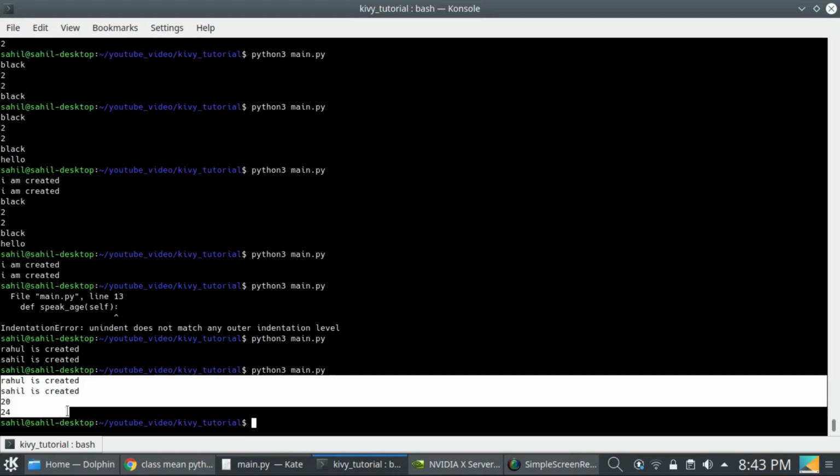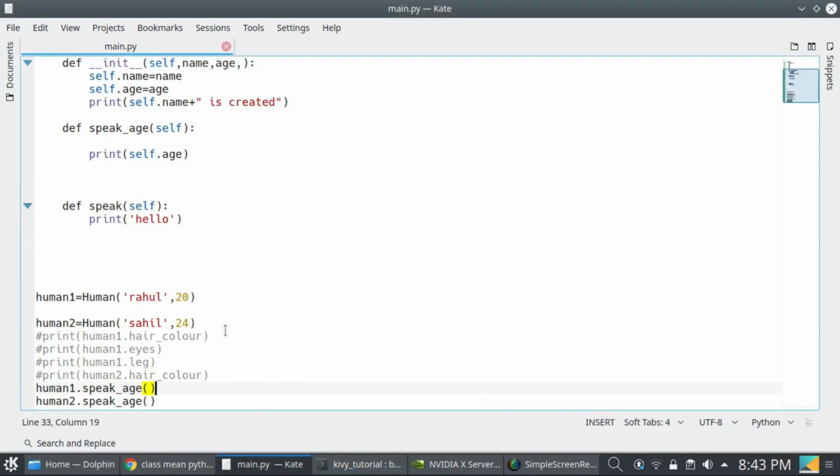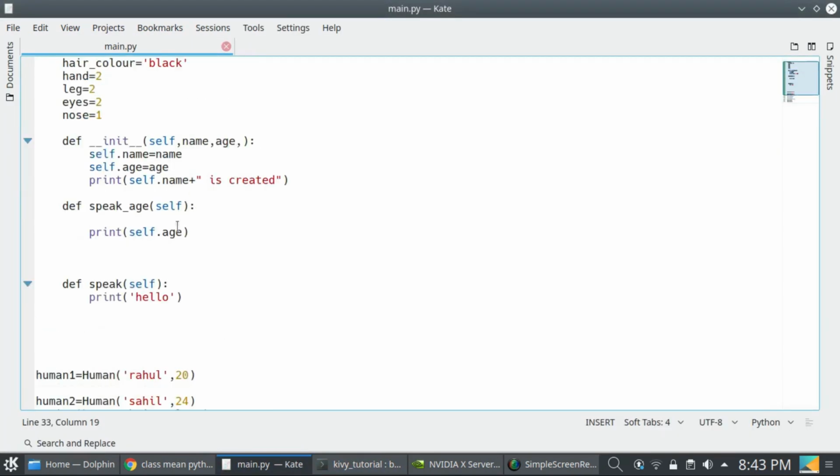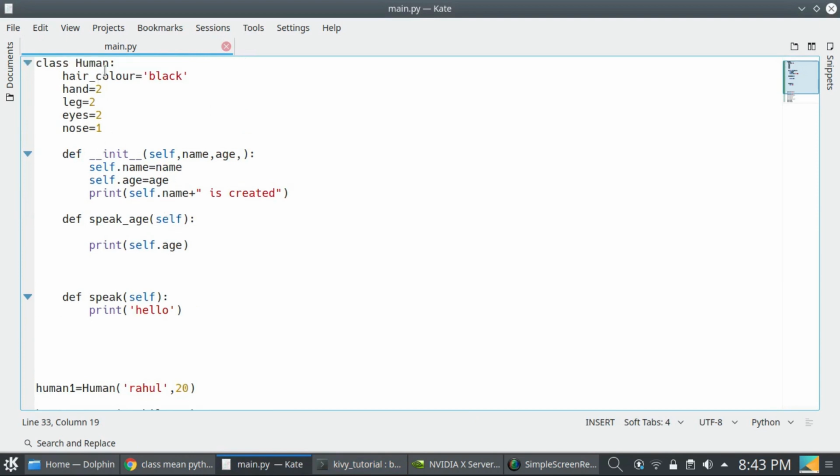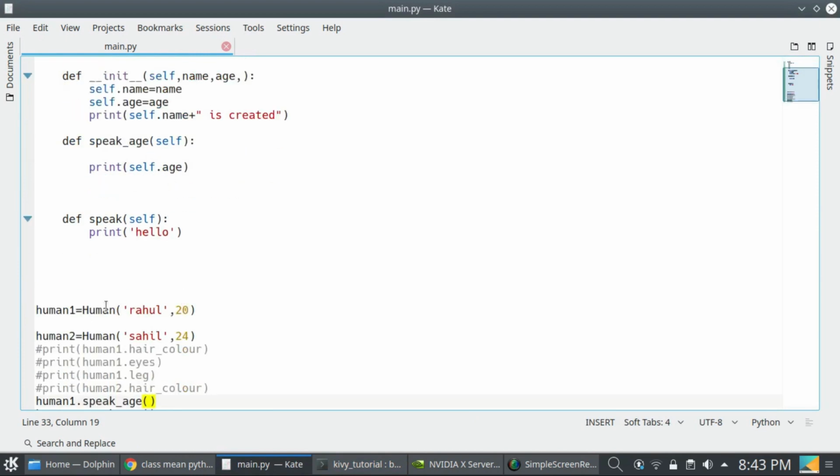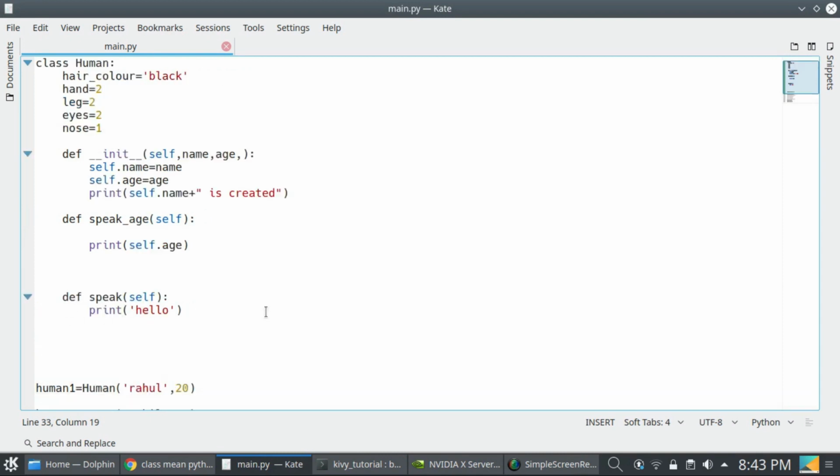So thus you can define a class, and you can obtain objects from that class.